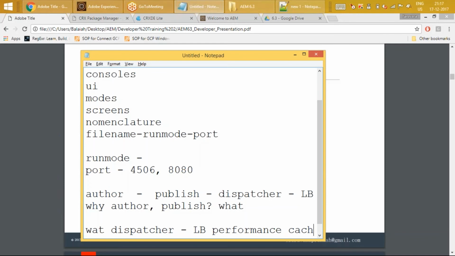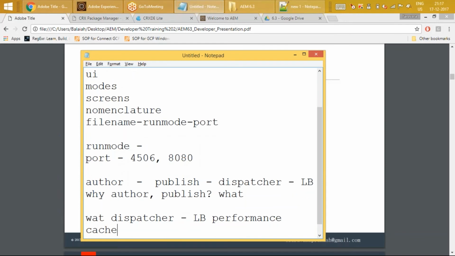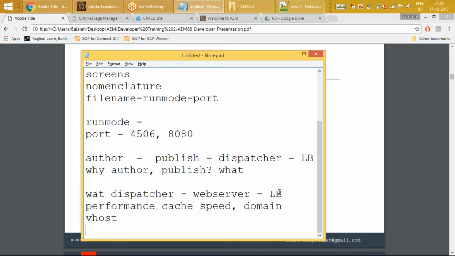So this is the comprehensive list of everything that I should know about a dispatcher. Yeah, pretty much everything is covered. So I'll repeat it. What dispatcher is? On day one, I always try to analyze this. Always remember that AEM is nothing but a web server. What is a web server? When I get a web request,